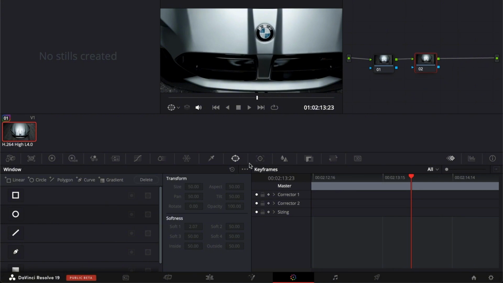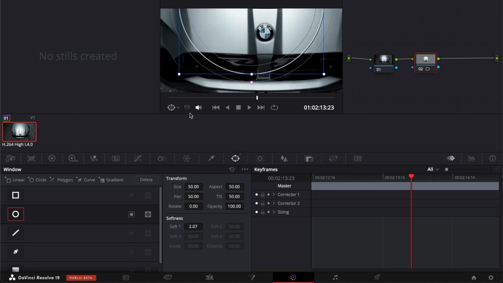And then from there you will have to go here to your window. And then here just select the circle basically, and then we'll have to mask around the logo. So just center it right there until we get the right size. So you can resize it right here. So let's see if we can resize it, and there we go basically. So you can also use the masking tool, manually mask the object that you want to, and then from now